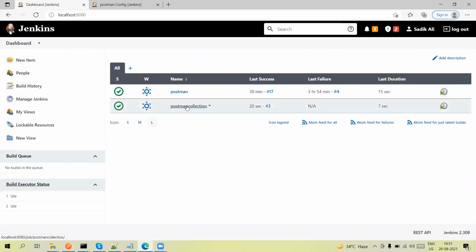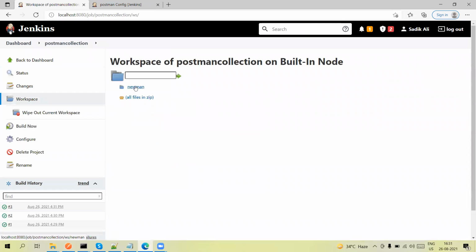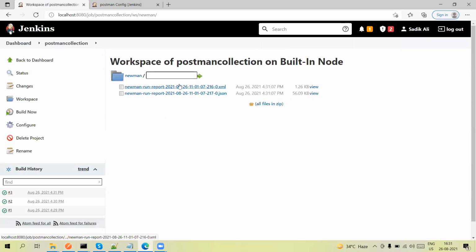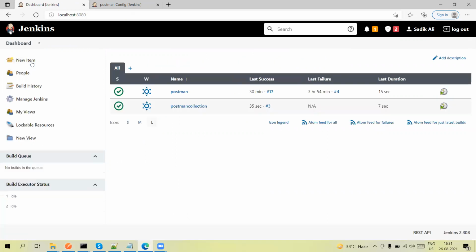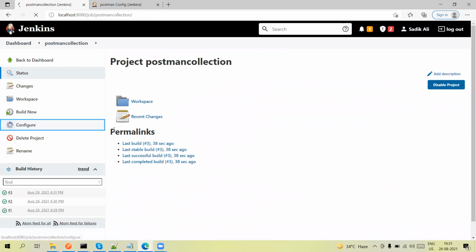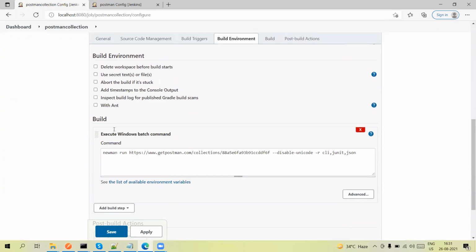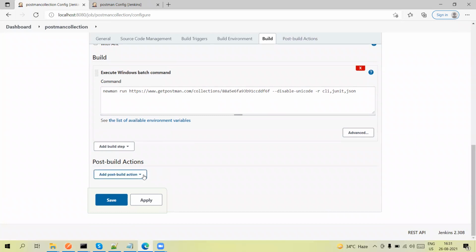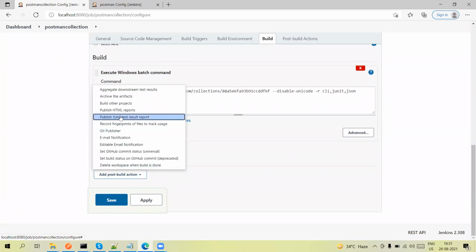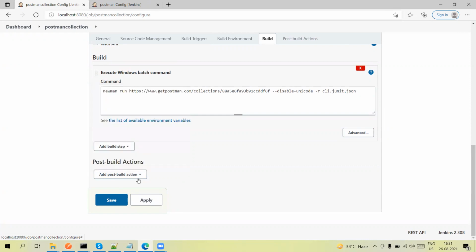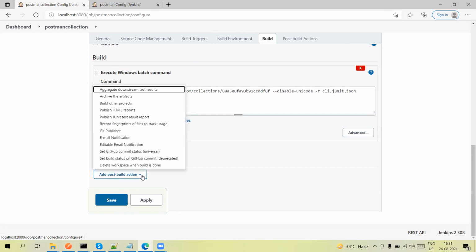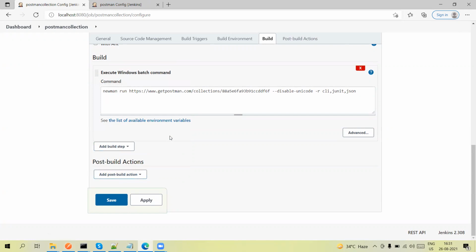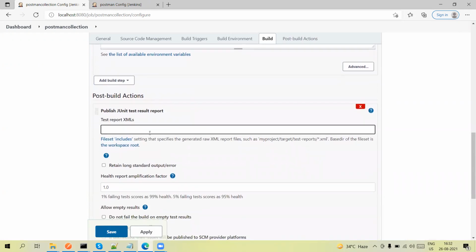Now you can see the name is coming as a dynamic name, with date and time format. So if we want to publish the report, we need to give some option for the file name. Let me show how we publish the JUnit report. Go here and click on publish JUnit result, where we need to go to add post-build section. Click on the JUnit result. Here pass the JUnit file name.